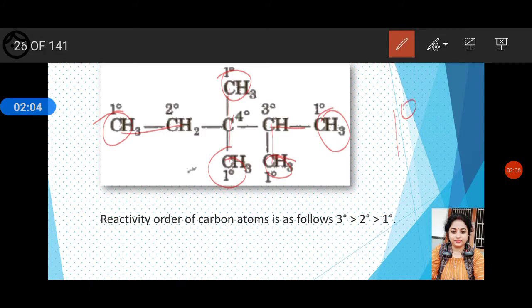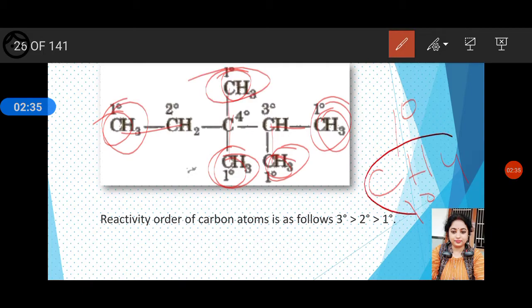It is denoted by 1 degree. And suppose I write CH4, here only one carbon atom is there. So we can say that this carbon atom is not linked to any other carbon, but this will be called primary carbon. Okay, and a primary carbon can be linked with 3 or 4 hydrogen atoms. See here, CH3, CH3, CH3, CH3, CH3. When it is single, it is showing CH4. Otherwise, it will be attached to 3 hydrogen atoms. So, this was your primary carbon.